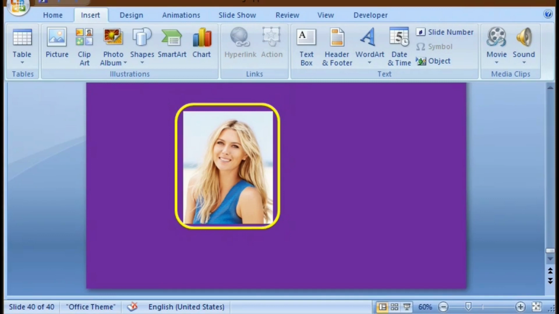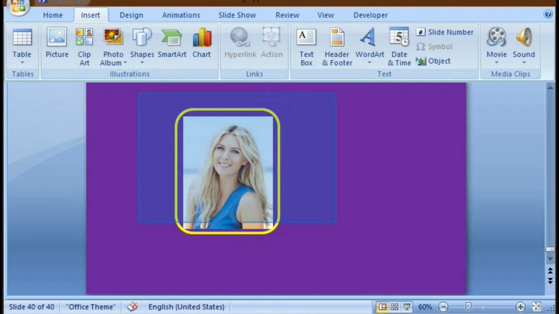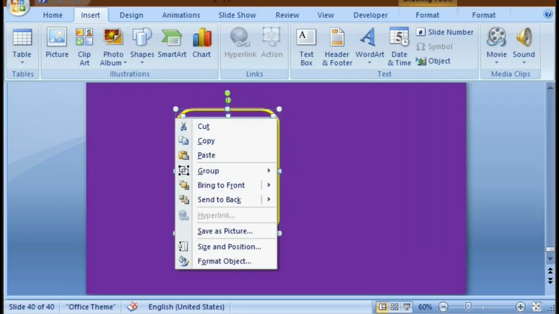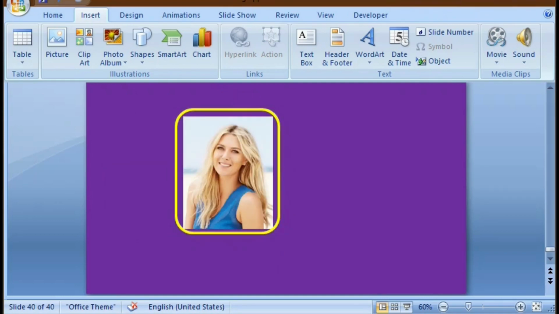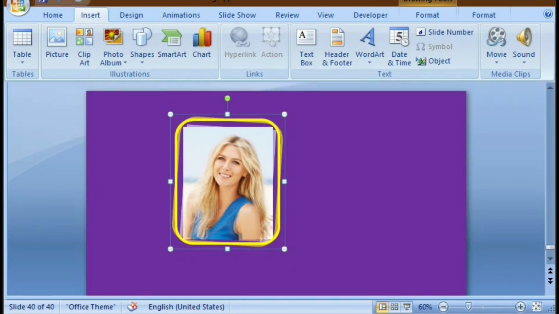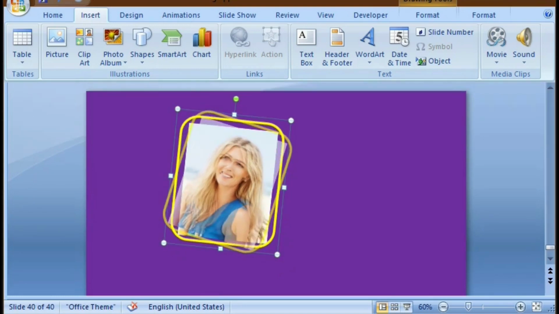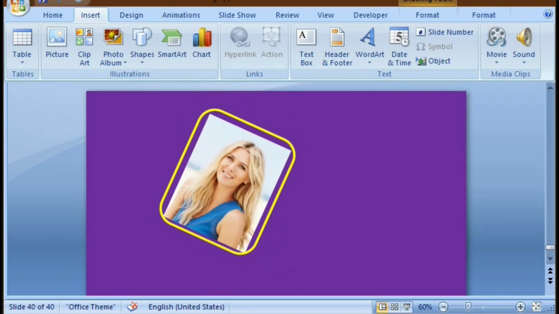If you want to adjust the border, you can do that by just dragging the corresponding handle. And you can make both this image and this border into one image. For that you just select the entire part, then right click it, go to Group, and select Group. Now the image and border are in the same group. In this group, suppose you want to rotate, there will be one green dot. Select it, and then the image can rotate in any direction.